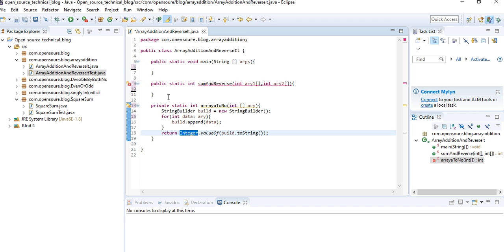So this part is done. Right now we are going to call this method to get the number from these two arrays. I need to call this two times, one for array 1 and one for array 2.